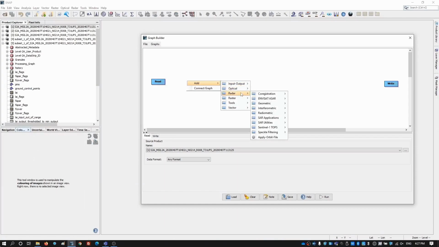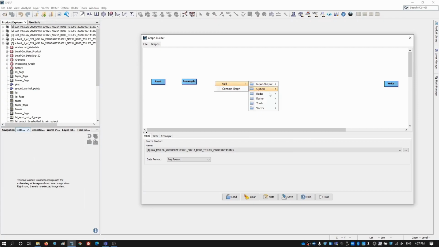The first one is the resampling, after the reproject, then the subset, and after the band maths. So we have the raster, geometric, resample, then the reproject, after subset,